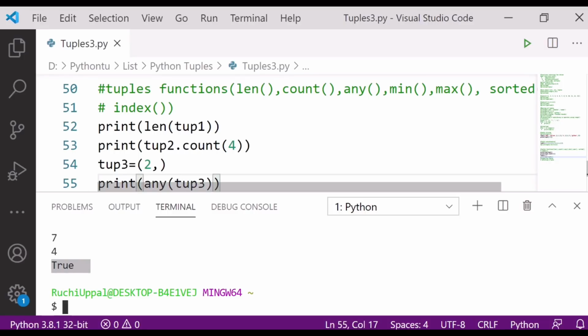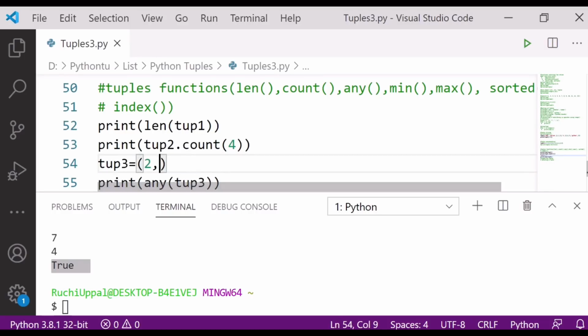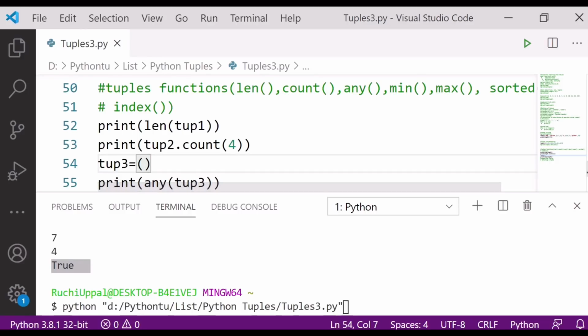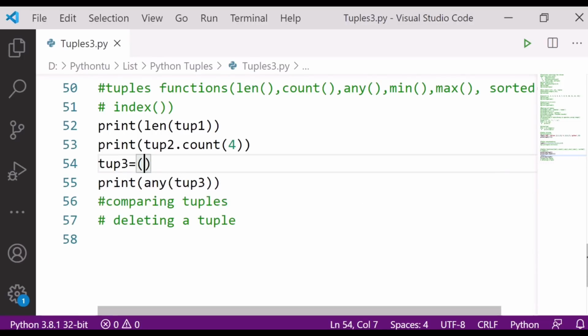That means, as I said, if the tuple has at least one item, it will return true, otherwise it will return false. So if I remove something, Control S, and now I run this, you will see it is showing me the answer false. So this was my any function.